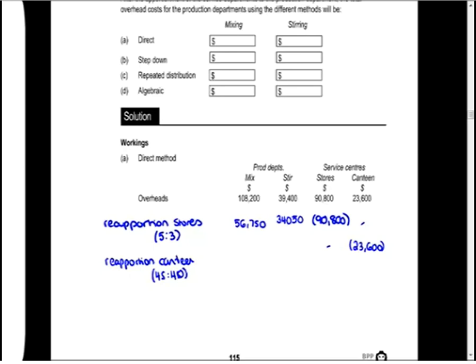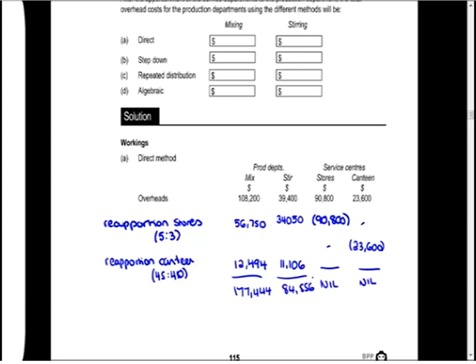So 45 out of 80, just over half, is going to go to the mixing department. So to the nearest dollar, that's 12,494, and to the stirring department, 11,106. So I end up with nothing in my service departments, which is the objective of the exercise, and 177,444 for mixing, and